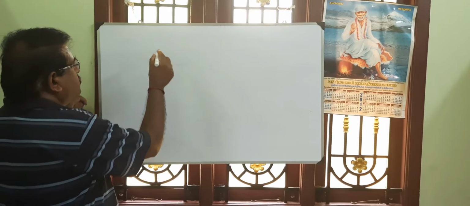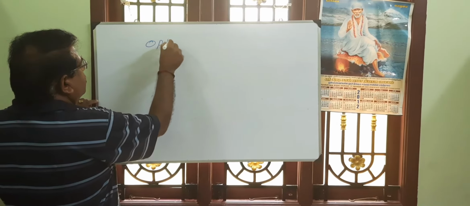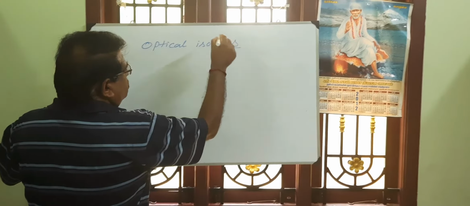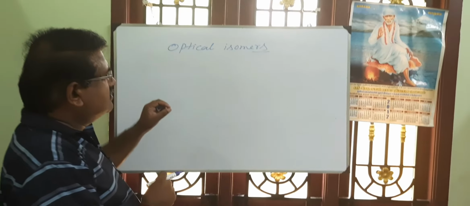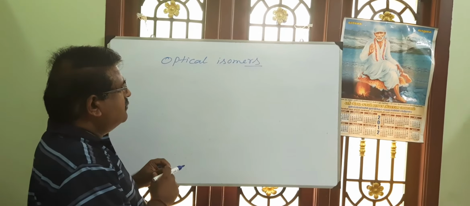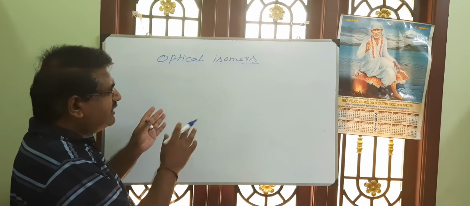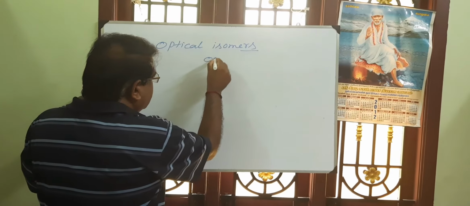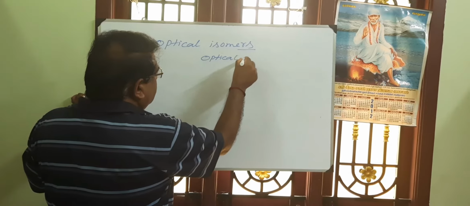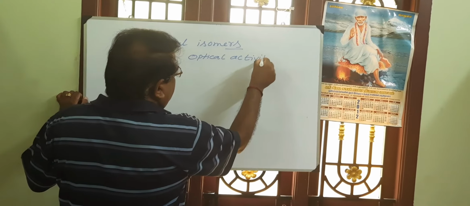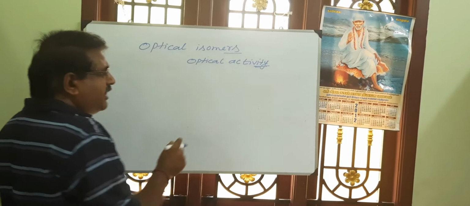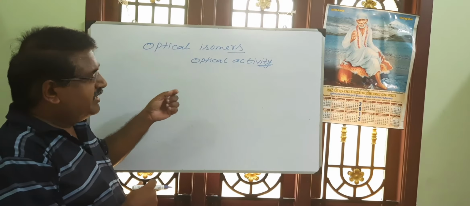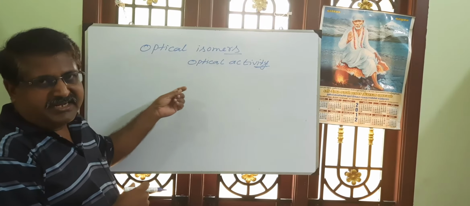Now let us discuss optical isomers. Optical isomers are isomers having identical molecular formula but differing in their optical activities or properties from each other. So what is optical activity? Optical activity is the capability of a molecule to rotate plane polarized light either to the right side